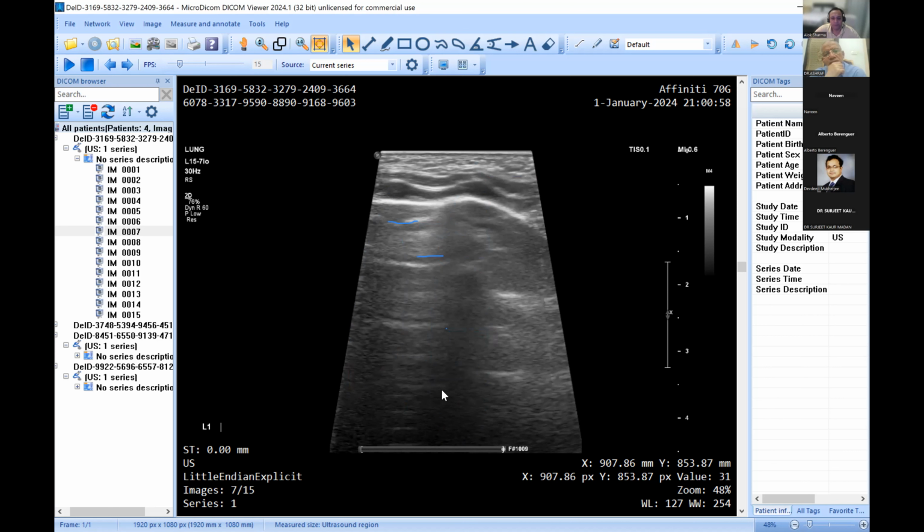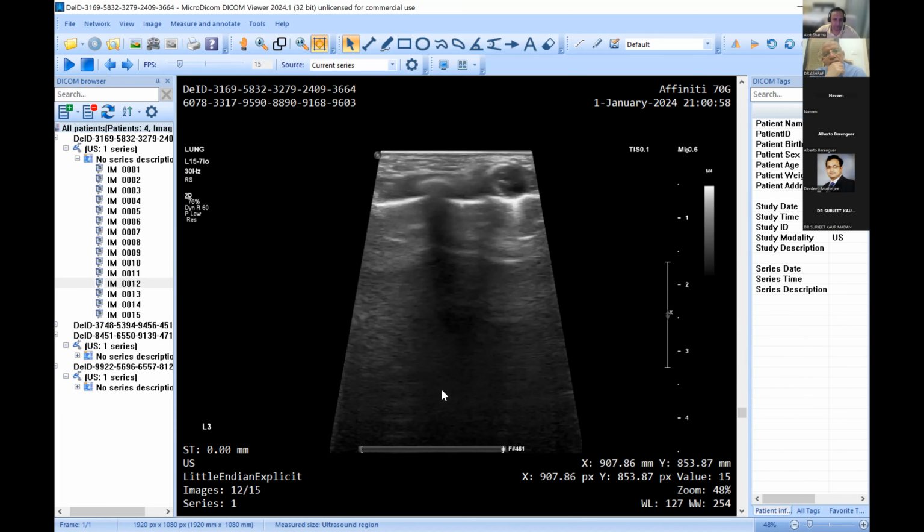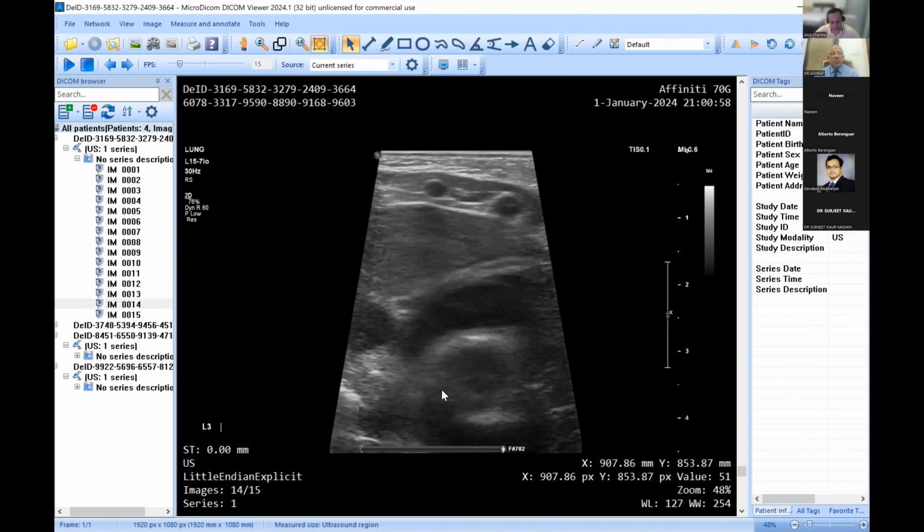Thanks. And actually you could see the pleural movement as well, but of course not in this image when we scanned. So it's the same, which goes down to L1, L2, and L3. The marker is something I'm still learning. I think L1, L2, L3 are quite close to each other, so it was tricky. So this I think is thymus. That's correct. At L3,